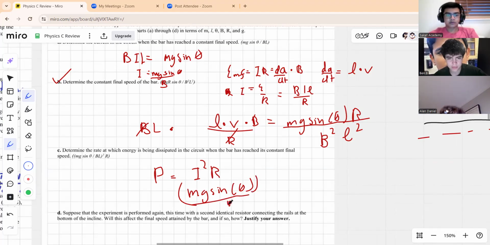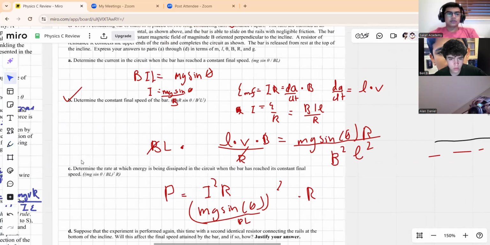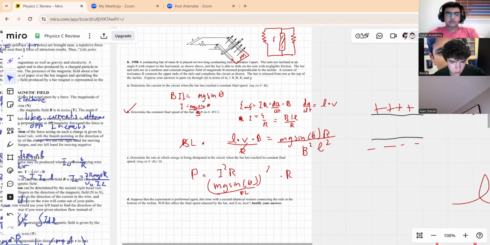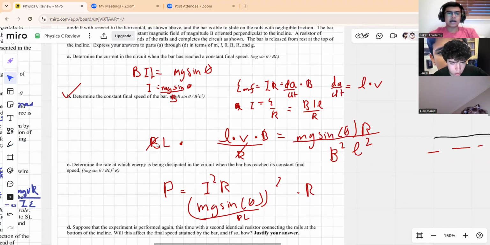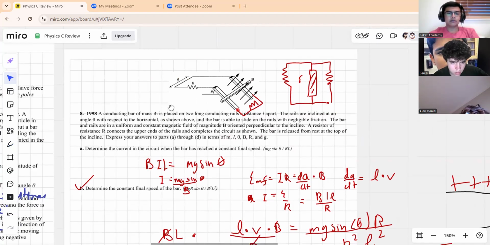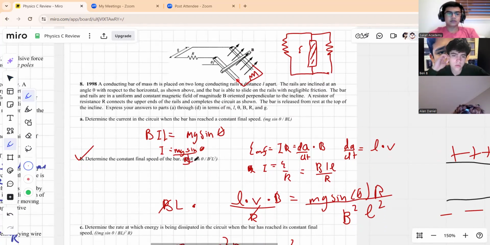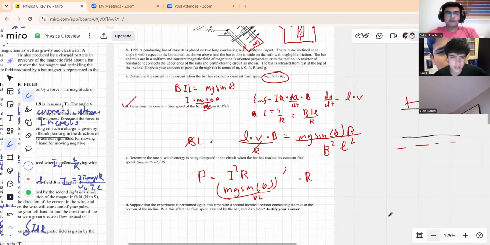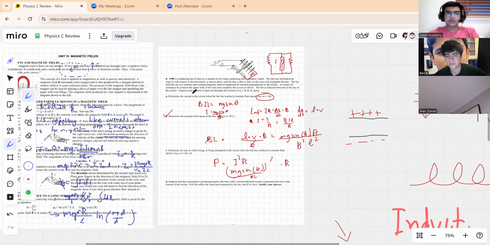That's so tough. Times 1 over times just R. Sorry. And this is true. Wait, is there an L down there? Wait, hold on. BL squared, because I is equal to mg sine theta over BL. Oh, gotcha. And so I was just looking at, if you look at these three parts,